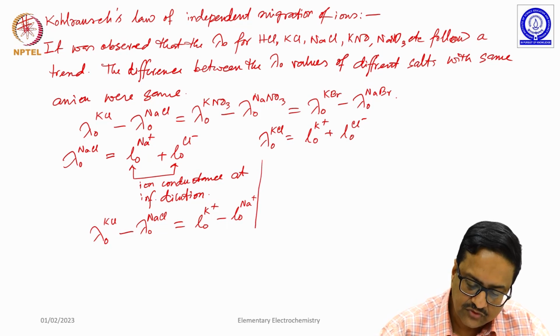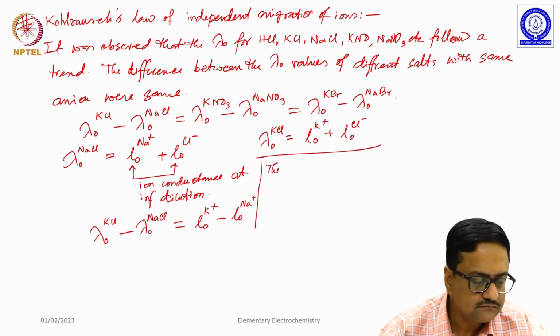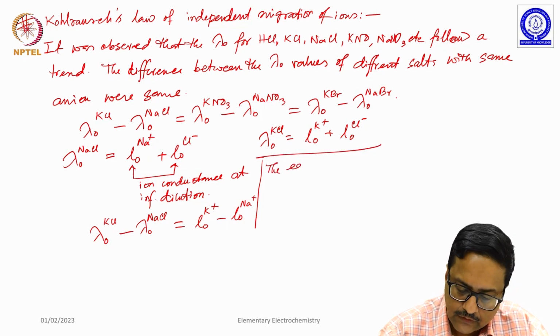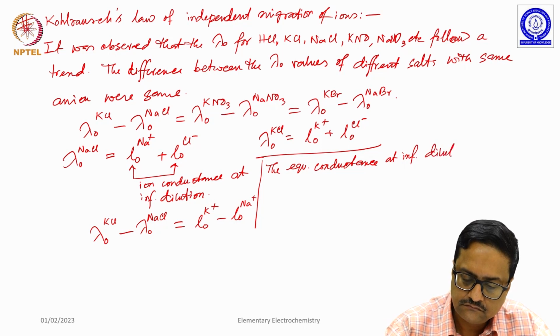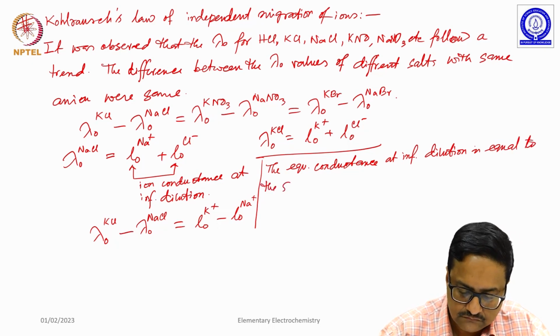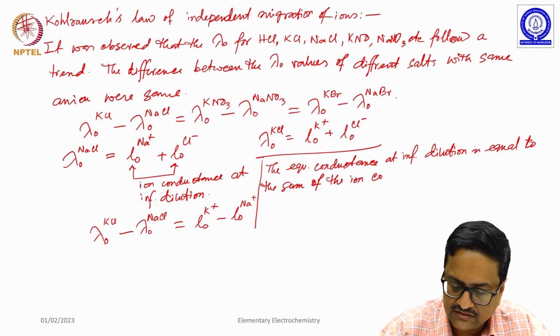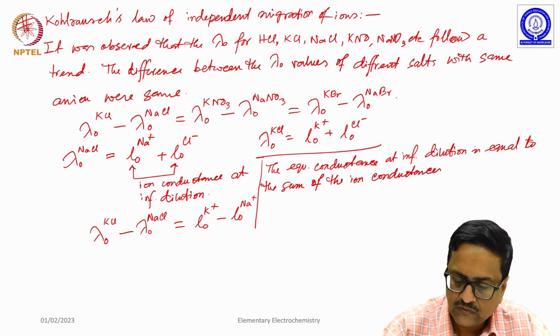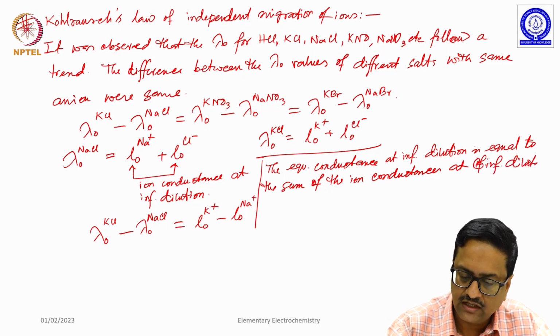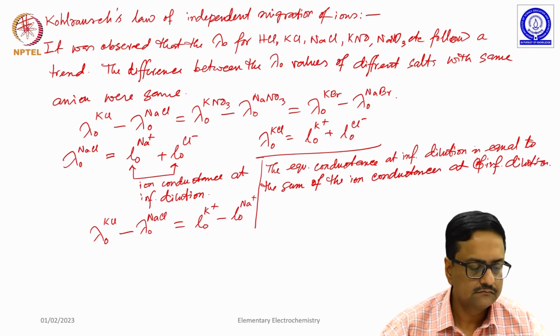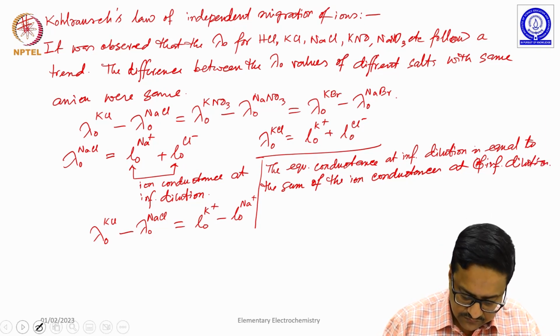So from this, what was proposed is that the equivalent conductance at infinite dilution is equal to the sum of the ion conductances at infinite dilution, right? So now